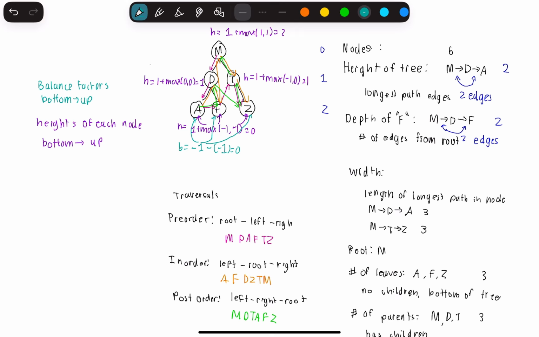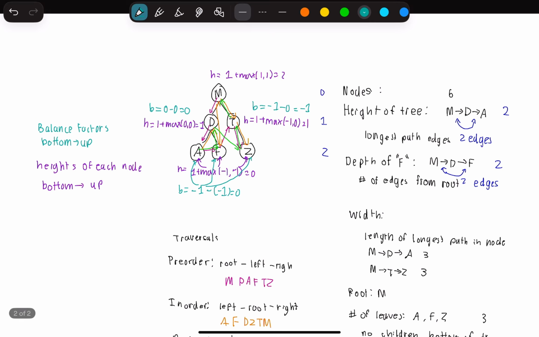So here, our balance is going to equal 0 minus 0, which is 0. Now for node T, our balance is going to equal -1 minus 0, which is equal to -1. Now for our node M parent, our balance is going to equal 1 minus 1, which is equal to 0. And this is our first tree completed. So now